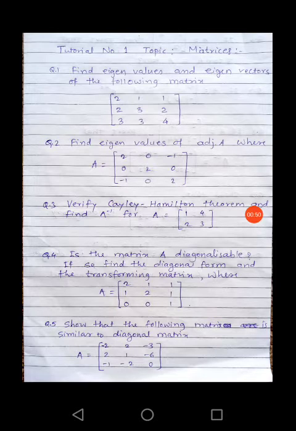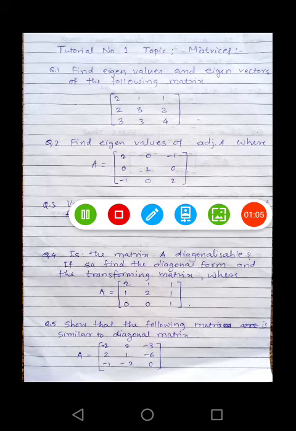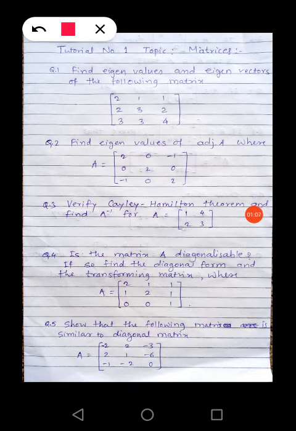We have completed the topic of eigenvalues and eigenvectors, in which we have seen so many examples. So by using that theory we are going to see how to solve this question. Now question number